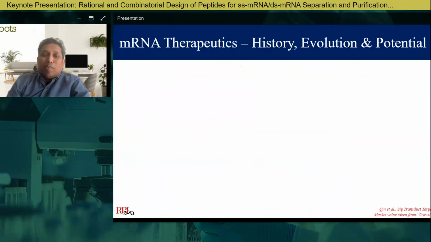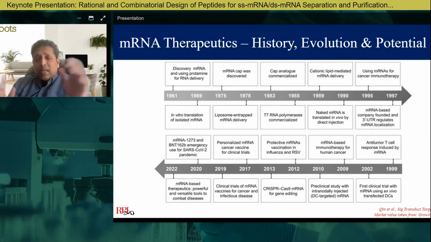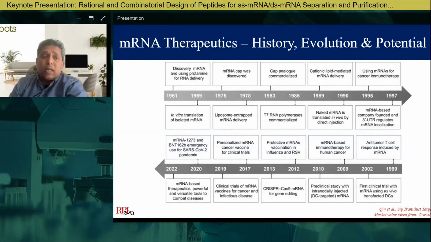I don't think it would be hyperbolic to say that the development of mRNA-based therapeutics has been one of the biggest success stories in medicine in our lifetime. Personally, I think the evolution and development of RNA therapeutics is just fascinating. And I understand this is not the forum to discuss that. But what fascinates me really is that it's been 7 decades, right? 70 years almost since the discovery of RNA, and it's taken that long to really transform the potential of this molecule into a very effective therapeutic